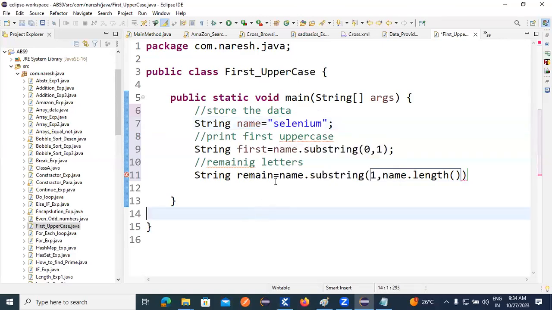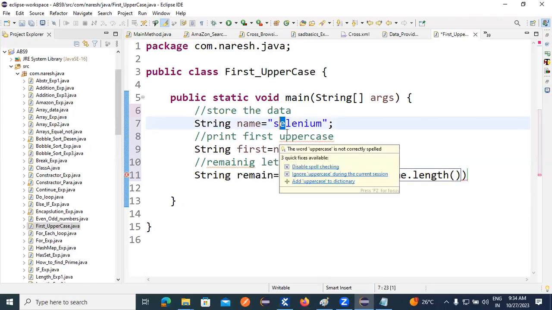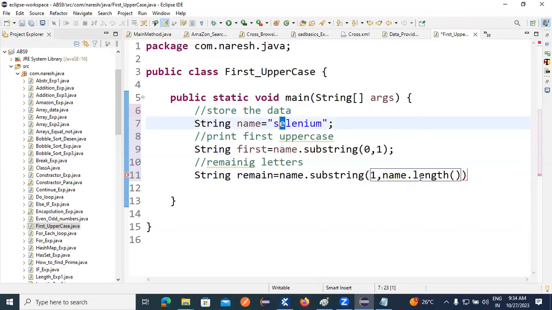If I want to print same as it is, name dot substring 1. E is the 1. E, comma, remaining length I don't know, so name dot length. I want to print the remaining. And after that,